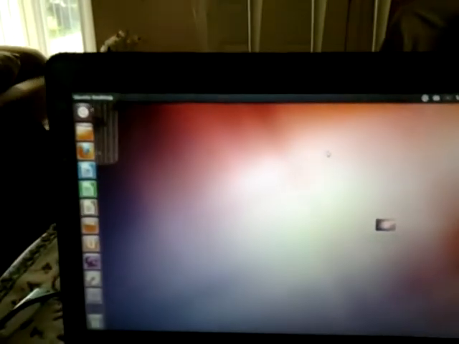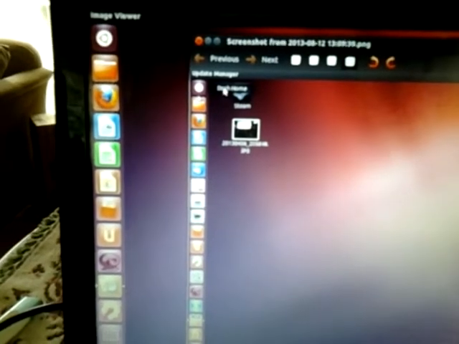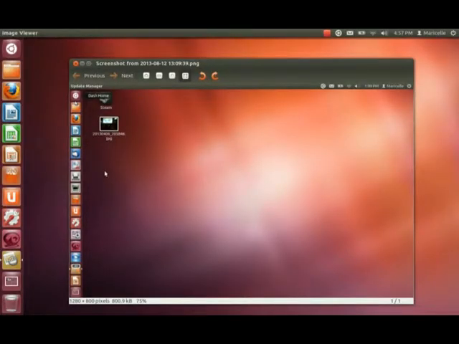I can see all the menus. Great. So now all I have to do is make the Unity launcher look like how I have it set up in the previous videos. To get my Unity launcher to look like this, I'm going to have to do two things. I'm going to have to resize it, and the second thing I'm going to have to do is add all the icons I want